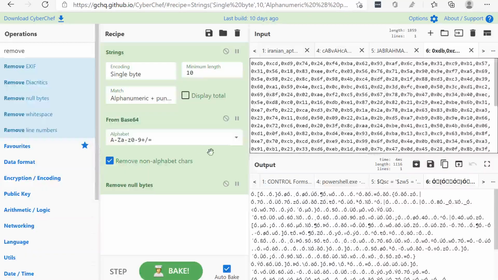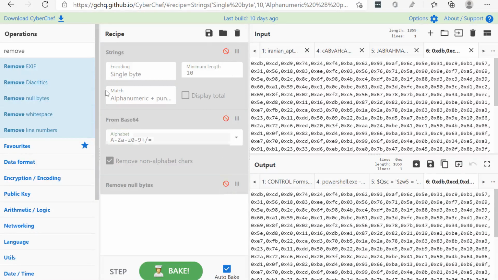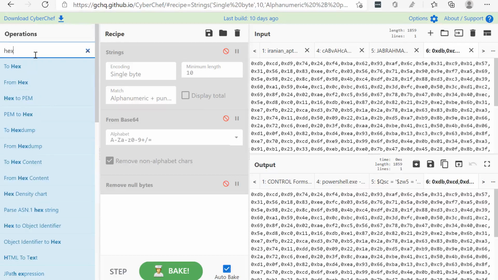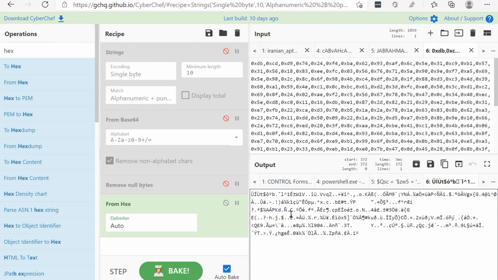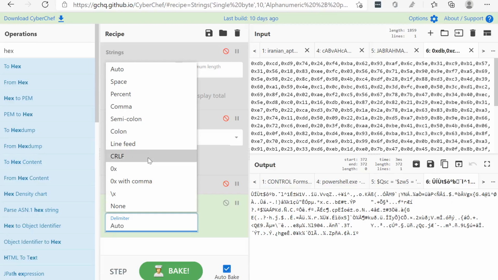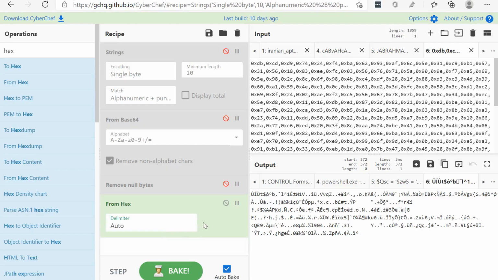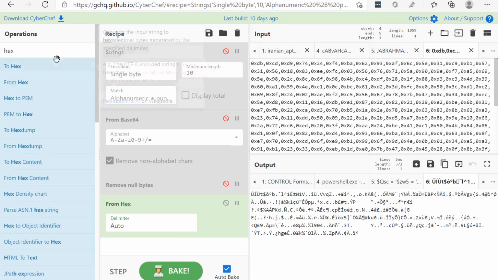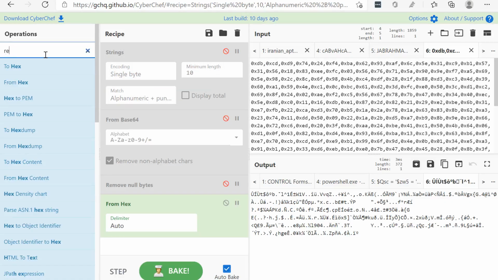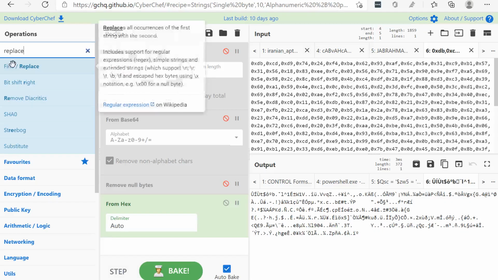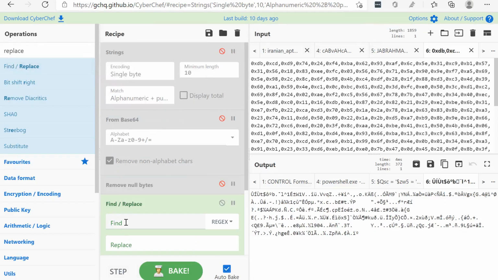We can put that data up here, stop all of these recipes, and then try to convert it from hex. So we can take from hex up here and try to see. Well, it doesn't look like it worked very well. We might need to remove this 0x and these commas. That's easy to do. We can search for find and replace. We put it up here before we convert